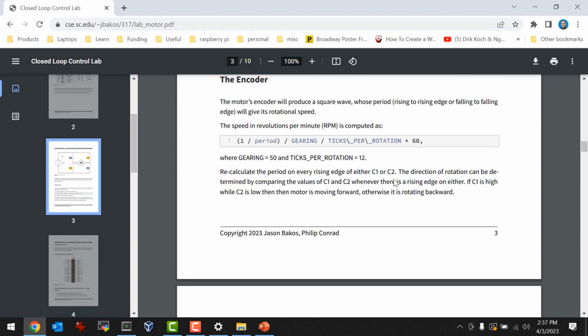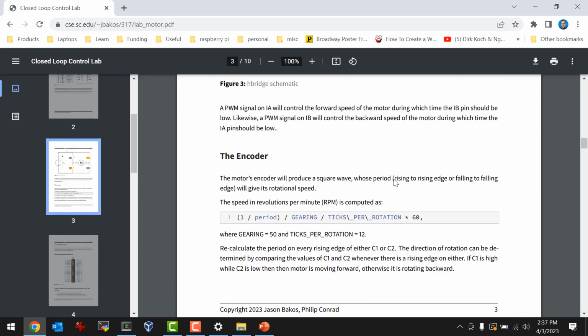Okay, so the encoder then. There's this calculation you can use for the encoder. We're going to use the performance counter on the FPGA, like we did before, as a clock, pretty much. You're just going to use it as a time reference. If you can identify the time between rising edges on the encoder, that's the period, and you can use that period to calculate the speed. So the speed would be 1 divided by the period,